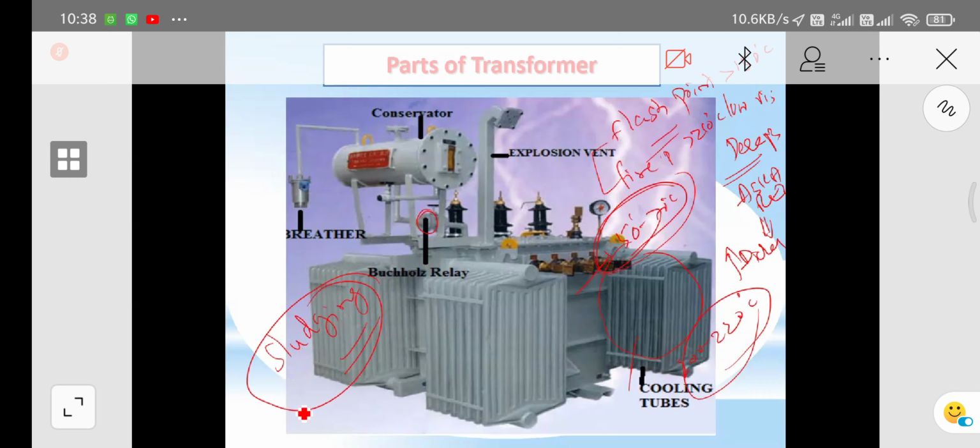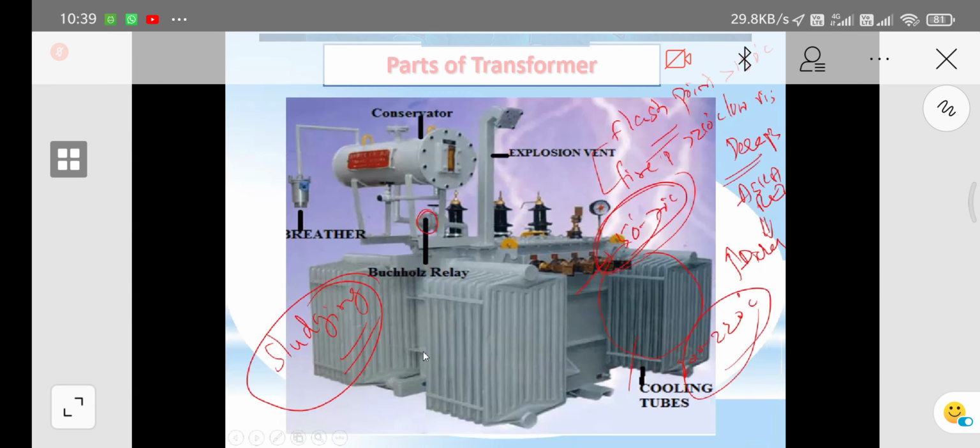So there are many cooling methods preferred here. For cooling the transformer by natural air circulation, for distribution transformers we always prefer the oil immersed natural type, and for power transformers the oil immersed air blast type. Next, there is forced oil circulation with natural cooling, and forced oil circulation with air blast cooling. These are the different types of cooling methods, but as per the syllabus we don't have such methods here.